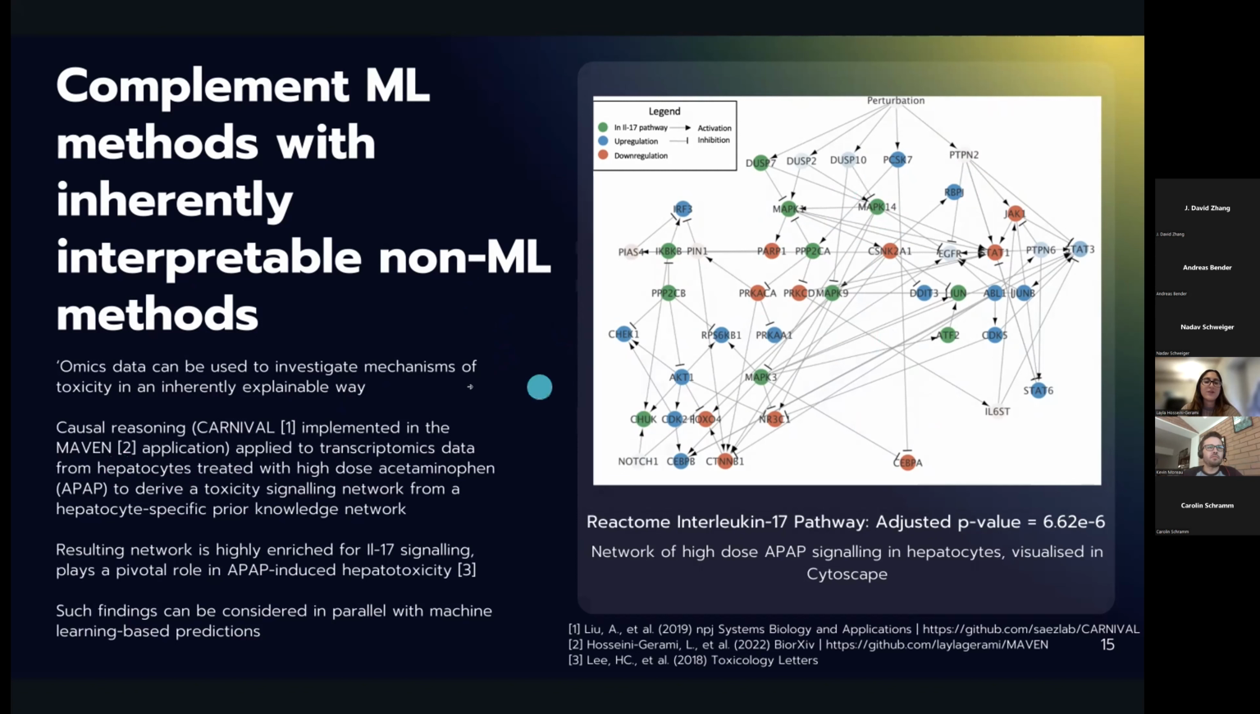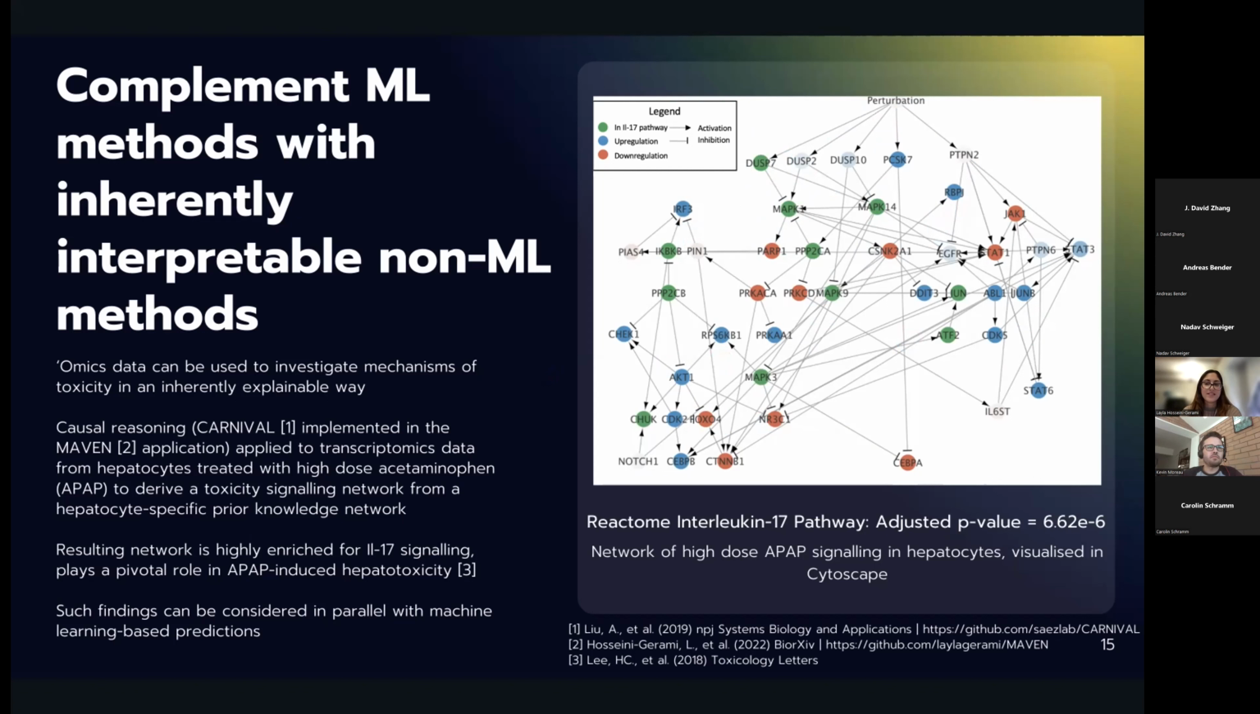We have applied this to transcriptomics data derived from hepatocytes treated with a high dose of acetaminophen, which, as we all know, causes drug-induced liver injury, and a hepatocyte-specific prior knowledge network. And what CARNIVAL has done is it's optimized a dysregulated signaling network capturing the perturbation of acetaminophen on the cells. So the resulting network, visualized here in Cytoscape, is highly enriched for the interleukin-17 pathway, where the nodes are highlighted here in green, and this pathway is known to play a pivotal role in